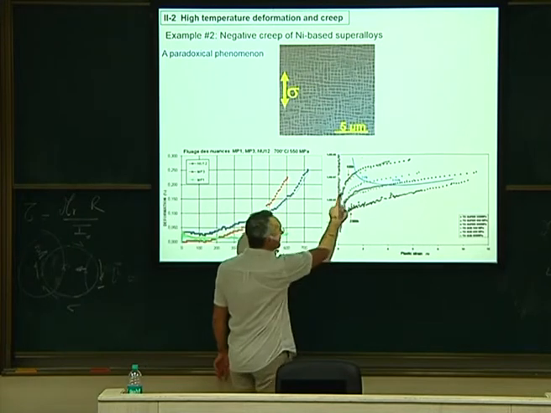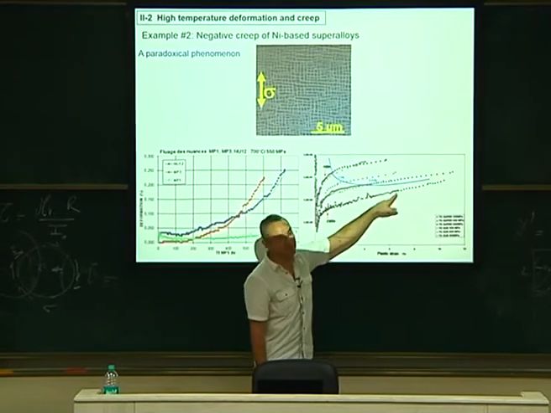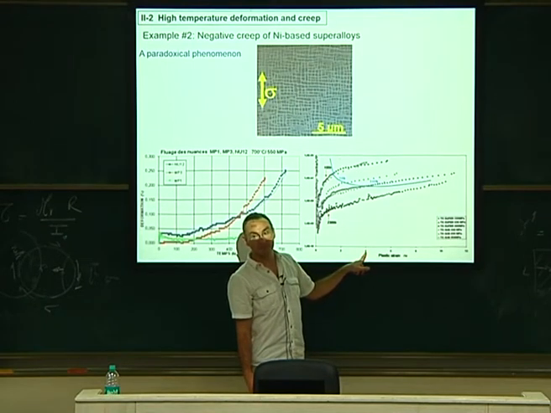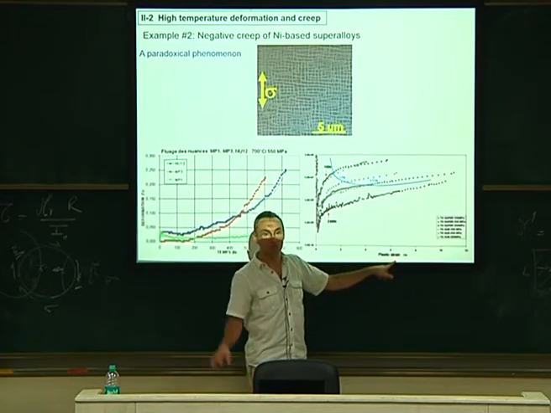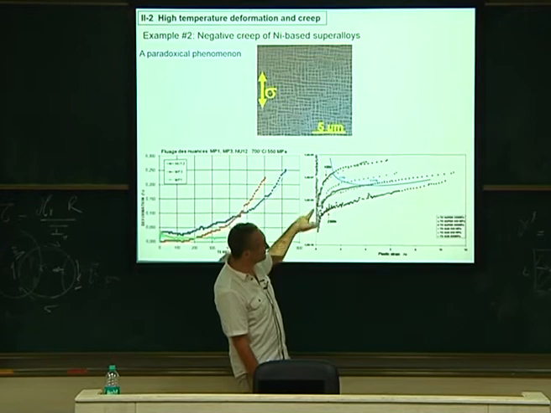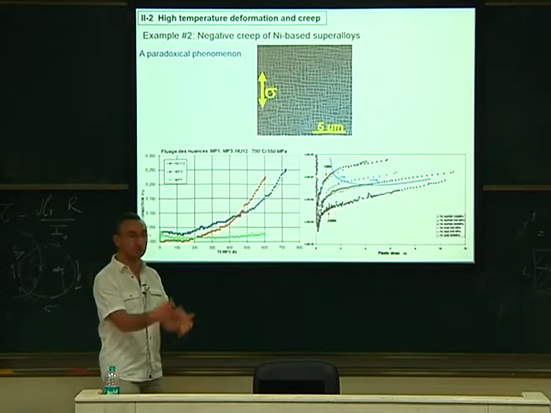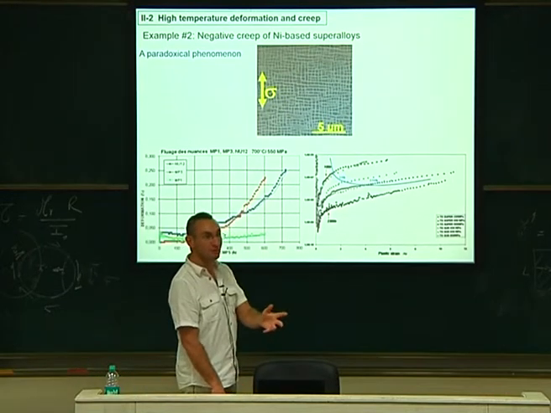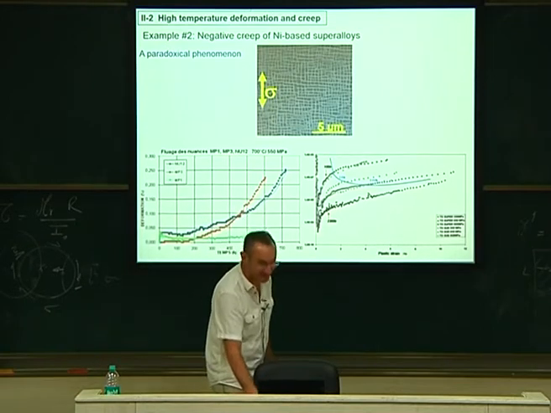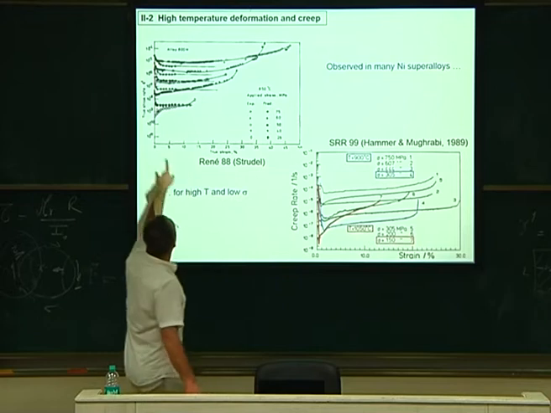You see clearly that here you have contraction, and then you have this creep behavior. Most of the studies you will find in the literature focus on that stage, which is something people should not care about, because at that stage the turbine blade is dead. 4% plastic deformation, it's unusable. You cannot use it in a motor. You need to look at what happens here, and here you have this negative creep. So what is this negative creep? That was the question we were asked with Jean-Loup Strudel. This is a study for which we just submitted the paper after 7 years working on it with Jean-Loup. We submitted it 2 weeks ago. I hope we will get the answer soon. So again, some evidence on that.